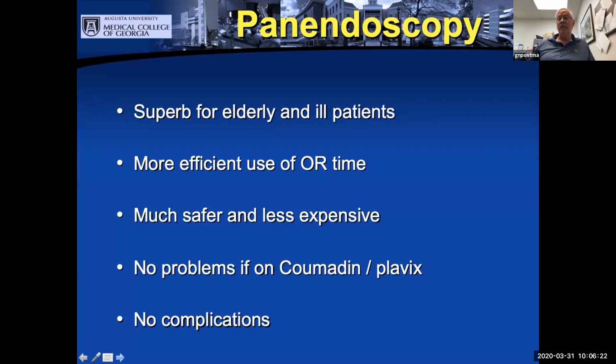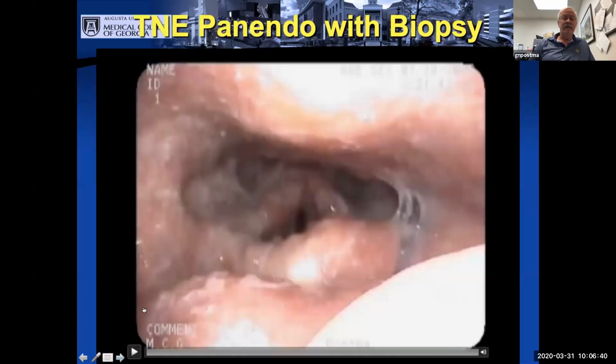We don't take people off their Coumadin or Plavix. We have yet to have a complication. I'm doing this for many, many years. And like I said, you can keep these head and neck cancer people out of your OR. That's invaluable and a big help to either your head and neck practice or to your colleagues' head and neck practice. This is a patient with a